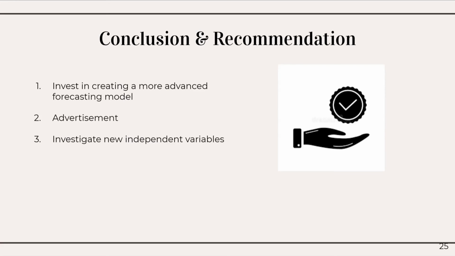The revenue is significantly lower during the 3rd week of July and during the 2nd and 3rd week of August compared to all other weeks for city hotels. Therefore, we recommend the company increase advertisement during that period to increase occupancy rates and in turn increase revenues. Based on the simple linear regression model, we suggest the company add additional independent variables that could potentially explain the variation in weekly revenue for resort hotels. These variables may include the type of customer, his country of origin, or even the room type.